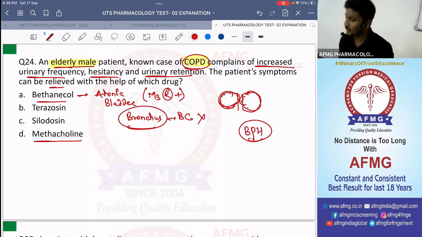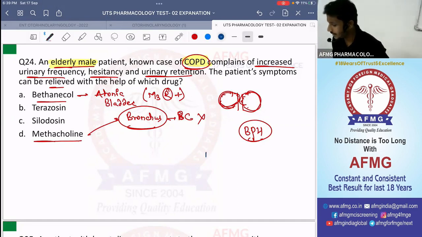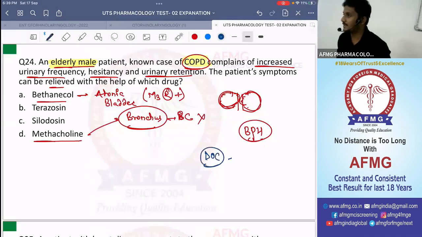Same goes for methacholine. Methacholine also non-selectively acts on the bronchus M3 receptors, and therefore that can also cause bronchoconstriction. Therefore, again, methacholine cannot be used. Okay, no issues with this, anybody? That is the thing. Now in BPH, if they ask you which is the best drug, the drug of choice for benign prostatic hyperplasia,